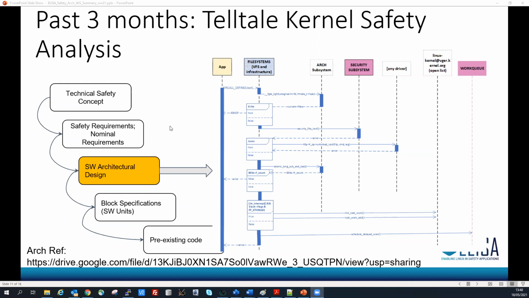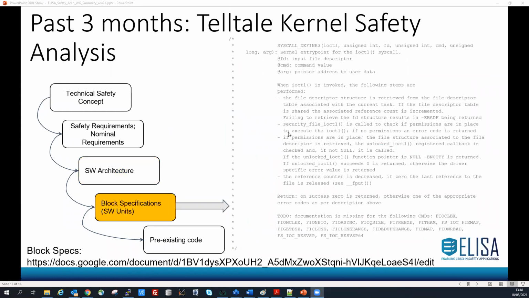When it comes down to the block unit specification, what we did, we wrote in natural language the specification for the ioctl. So this is a header, a kernel doc header that is meant to be pushed into the code. That has been discussed and proposed, not yet to the Linux mainline, indeed. But the idea will be to provide in natural language the specification of this API